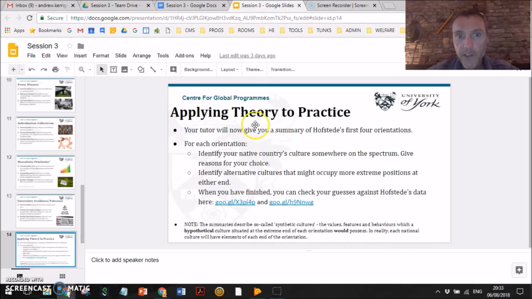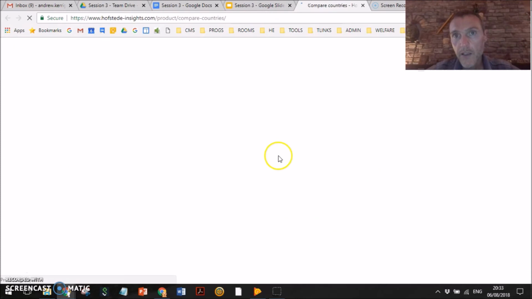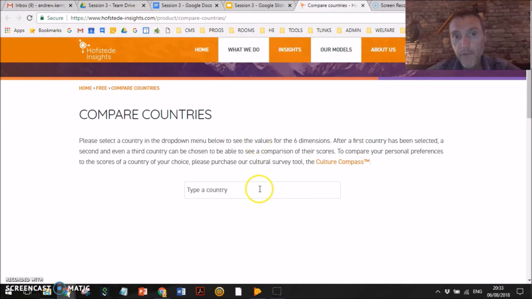So once the students have answered these 2 questions here, you can ask them to enter these links. So we're just going to open this first link. This takes us to a country comparison tool on Hofstede's website. So say, for example, you come from the UK, and you have the impression that the UK has high power distance. You're thinking about the class system. You're thinking about the House of Lords, you're thinking about the Queen holding it all together, and your hypothesis is the UK is pretty high power distance. So you type in United Kingdom here,